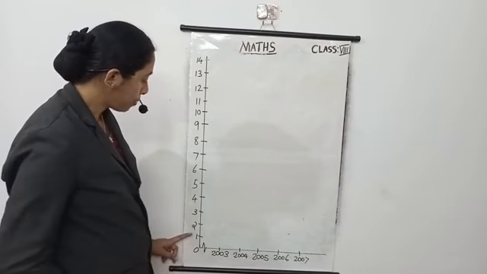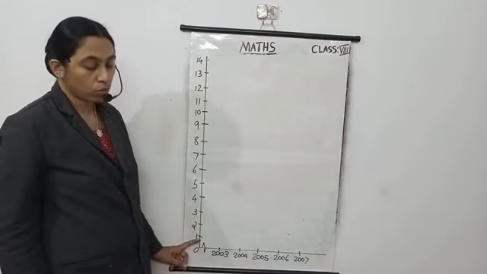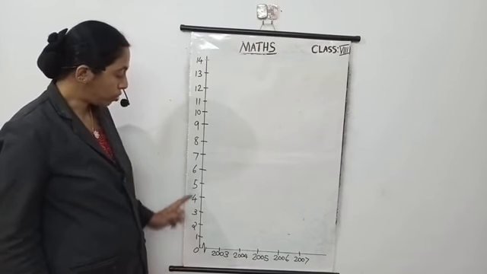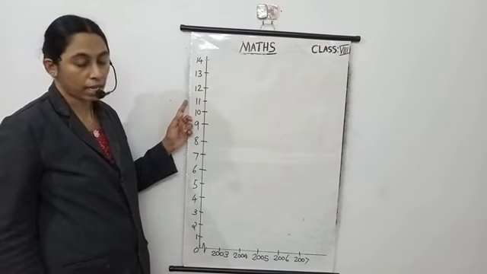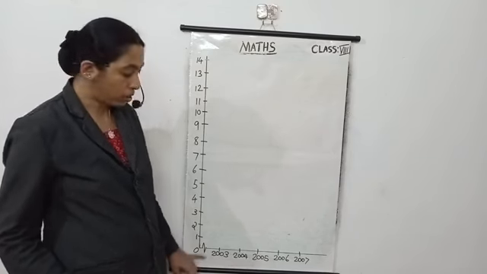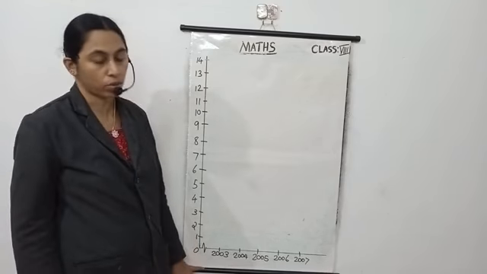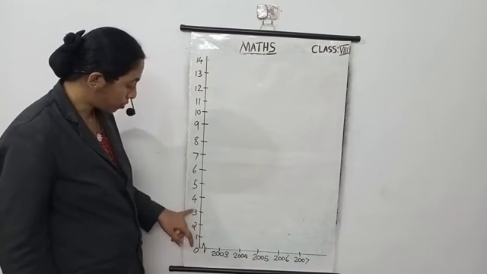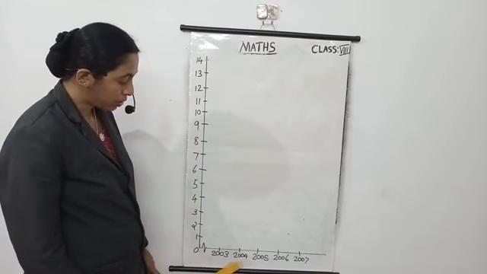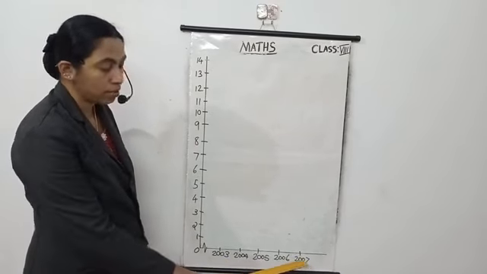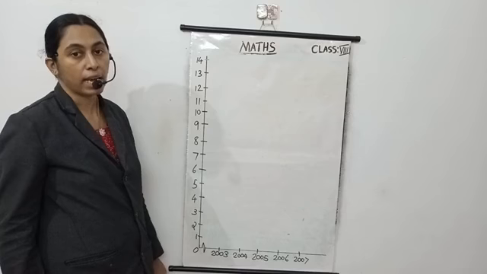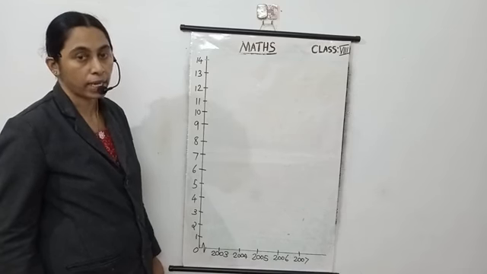We take 1 unit equal to 1000 population: 1, 2, 3, 4, 5, 6 like that we take. And here the population is given in thousands. So 1 unit is equal to 1000. So this is 1000, 2000, 3000, 4000 like that. Okay. And the years 2003, 2004 like that we write here. Now first we are going to draw the line graph representing men.